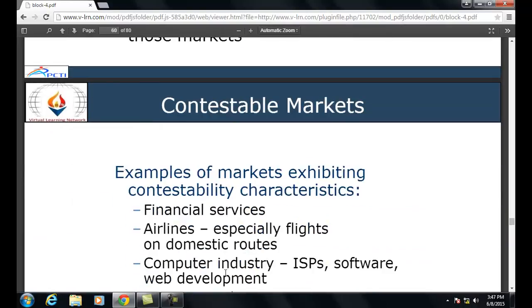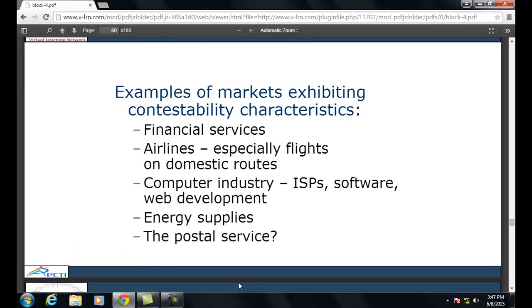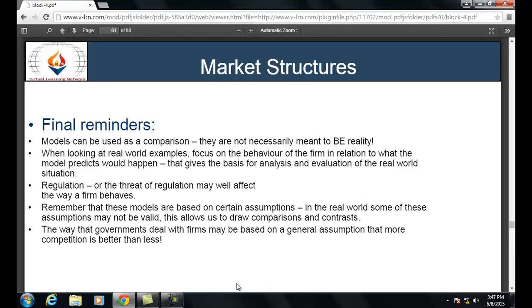Examples of markets exhibiting contestability characteristics: financial services, airlines, especially flights on domestic routes, the computer industry, ISPs, software, web development, energy supplies, the postal services, etc. Final reminder: